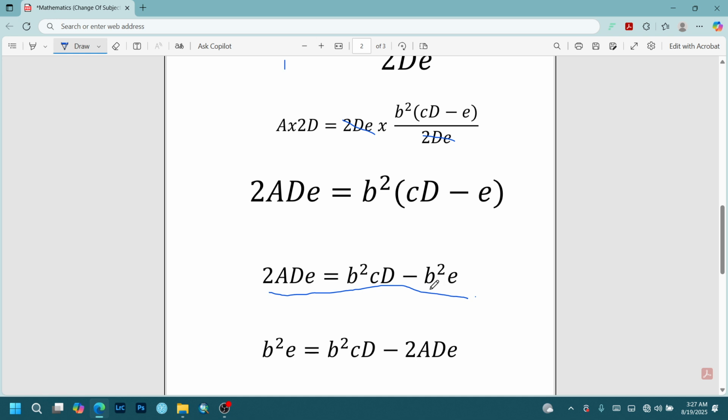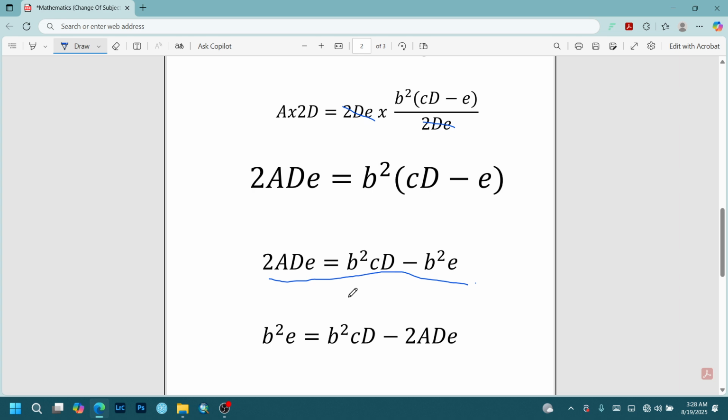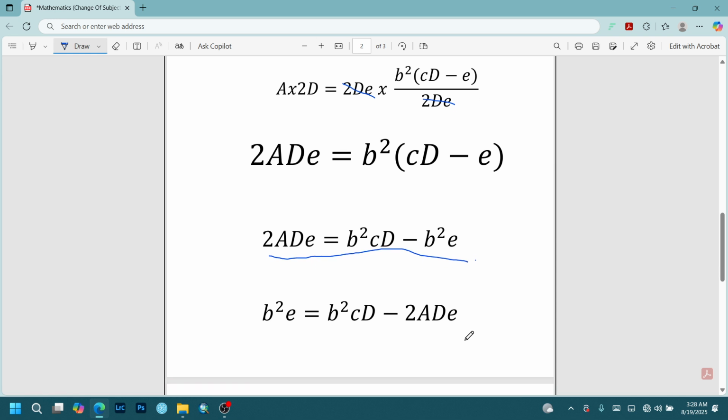So it will also have to cross the equal to sign, and immediately it crosses the equal to sign, it will change its form, as explained earlier on, to become a positive number. So hence we are going to have our new equation to be b square e equals b square cd minus 2ade, as explained earlier on. So now when you check our new equation